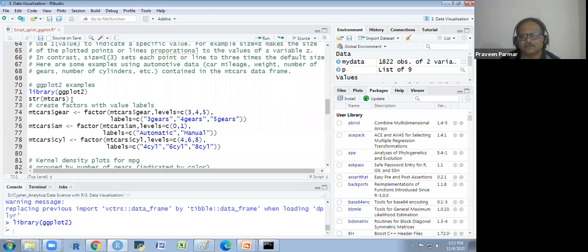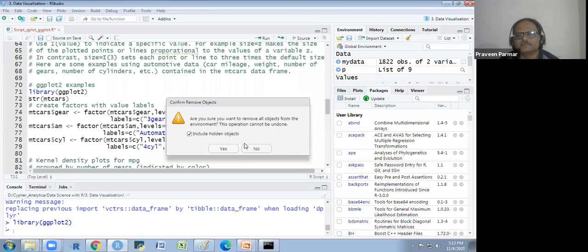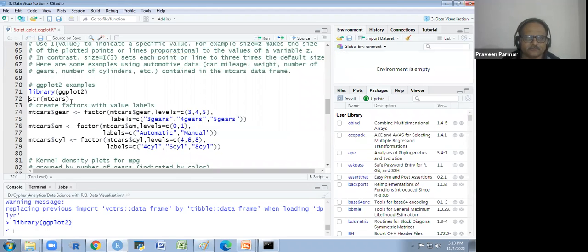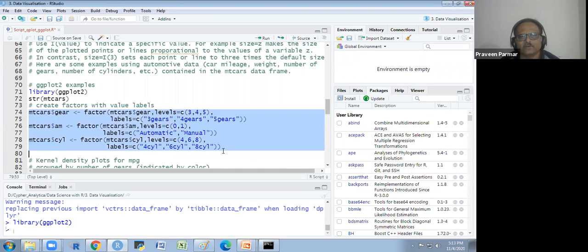You all know our mtcars data, everybody is aware, so I am not showing that again and again. There is a column like gear, with 3, 4, and 5 forward gears. I want to label them 3 gears, 4 gears, 5 gears, and I am converting them to factor. Also gear transmission, I am converting to factor, where we have labels 0 and 1, and I label them automatic and manual. Similarly, I am doing the same for cylinder, levels 4, 6, 8 as 4 cylinder, 6 cylinder, 8 cylinder. So I do this in the data, and I run this all together.